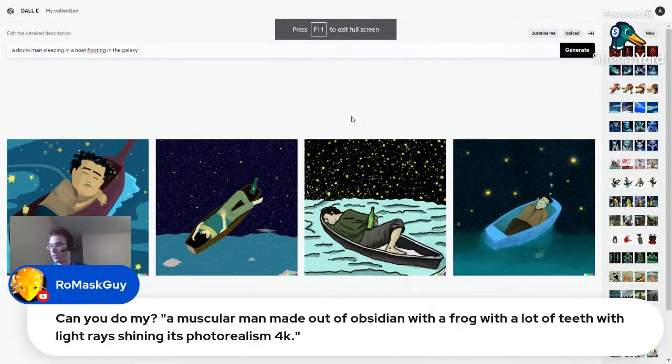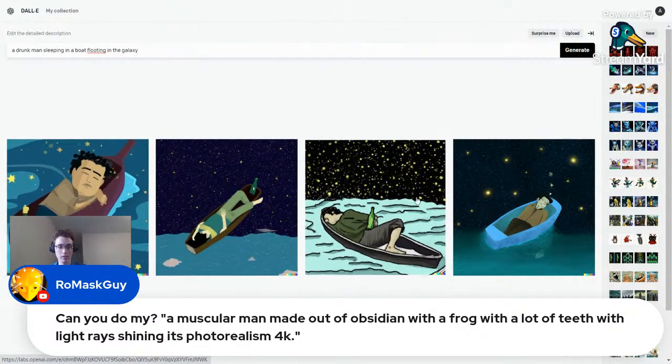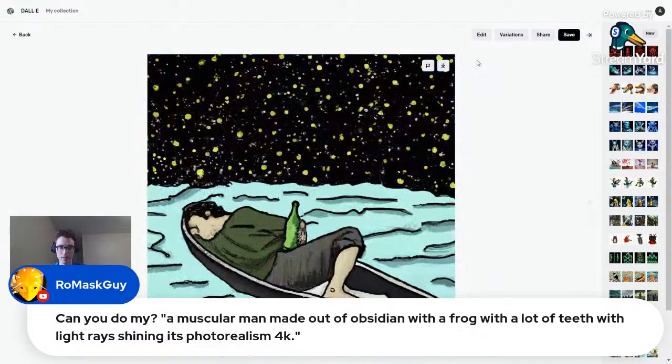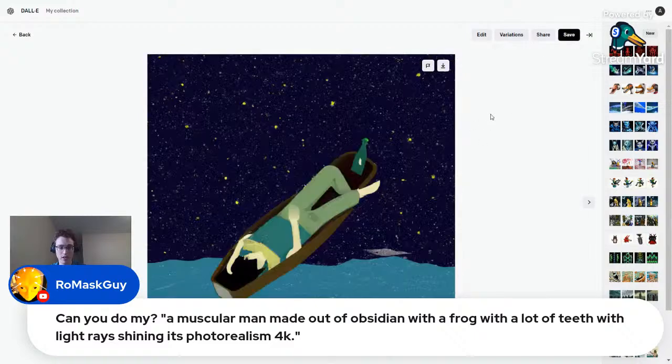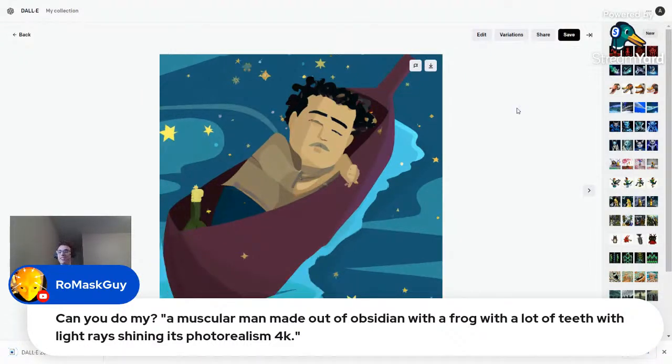Sleeping in a boat, fluting in the galaxy. I think all of these were really good. Well, this one's okay. But my favorite of these was definitely the first one. This is one of my favorite images that have been made with this AI. He's fluting in the galaxy and he's so peaceful, you know? Everything about this was correct.